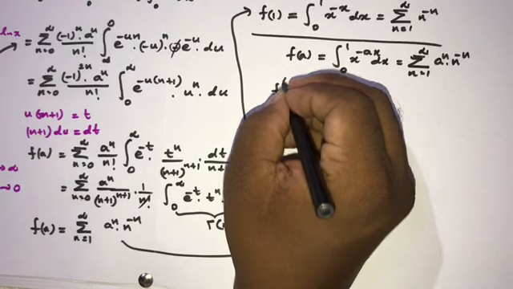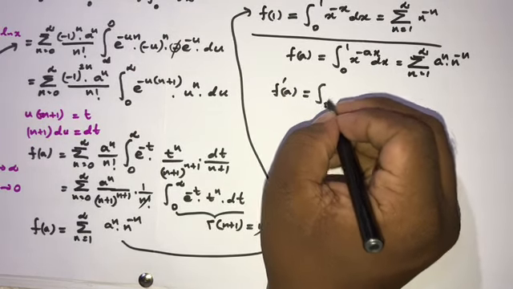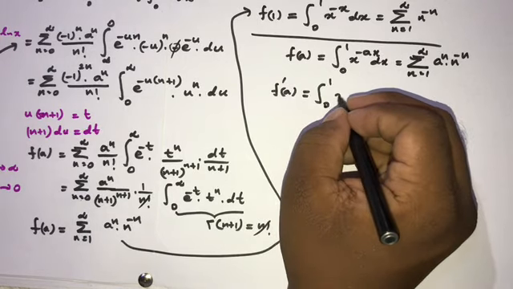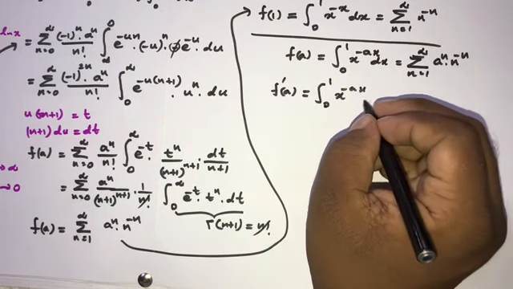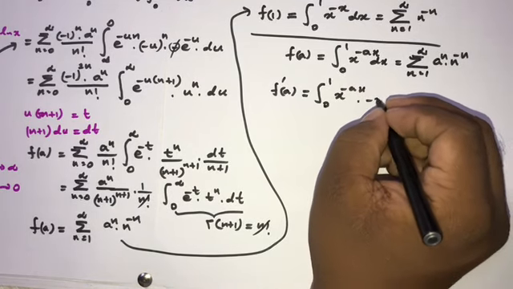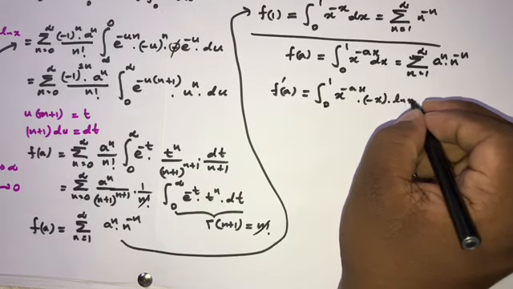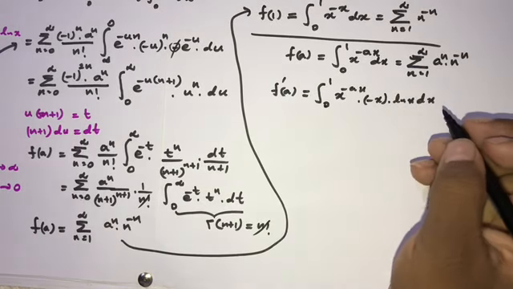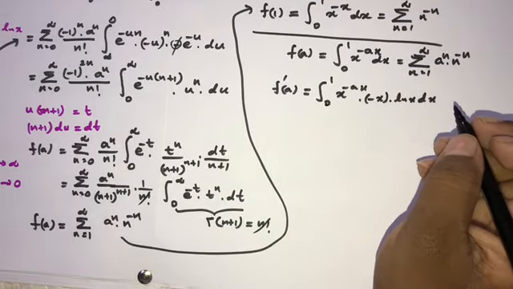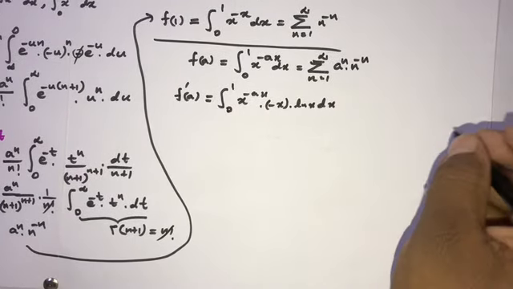So here f dash of a is equal to integral from 0 to 1 x to the minus ax times coefficient of a, so minus x times natural log of x dx, and we know this is equal to